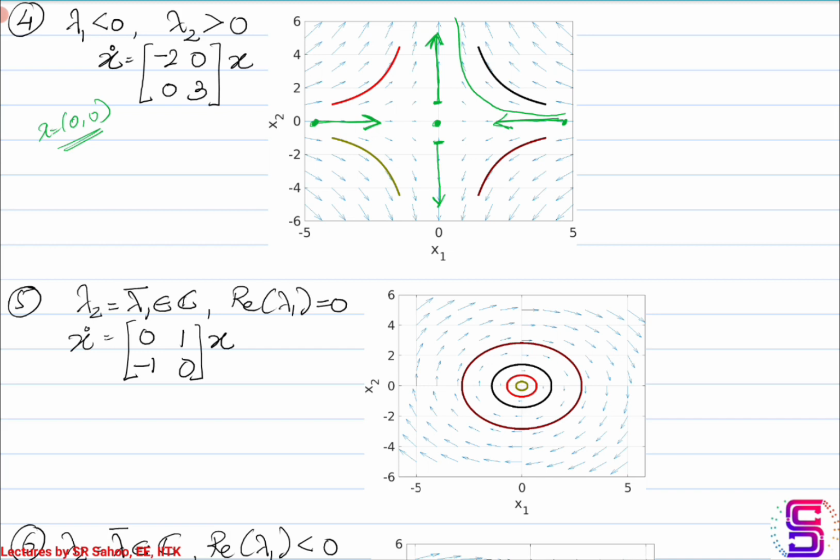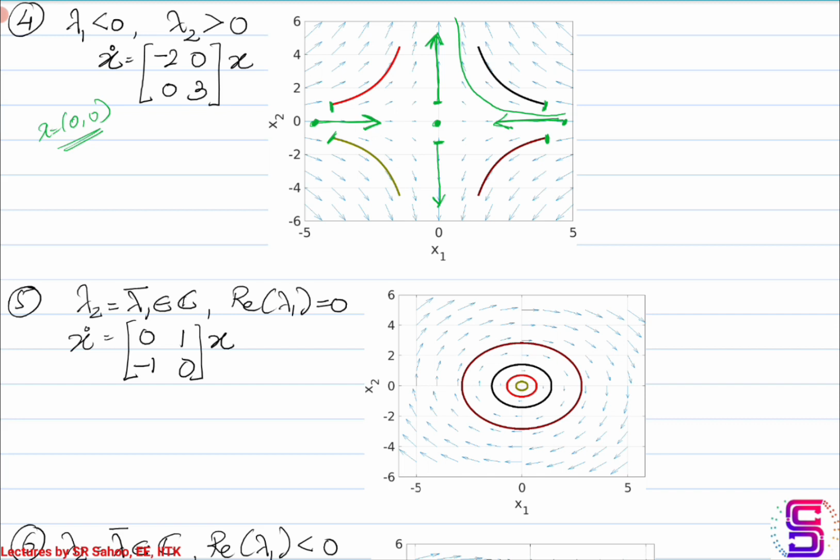And if you also notice, the trajectories generated here look like hyperbolas in their particular section. So there's a black hyperbola in the first quadrant, and a red hyperbola in the second quadrant due to the initial condition which was here. This trajectory has its initial condition here, so this is the evolution that it has. The brown trajectory had an initial condition here and it moved like this. The black one had an initial condition here and it moves like this.